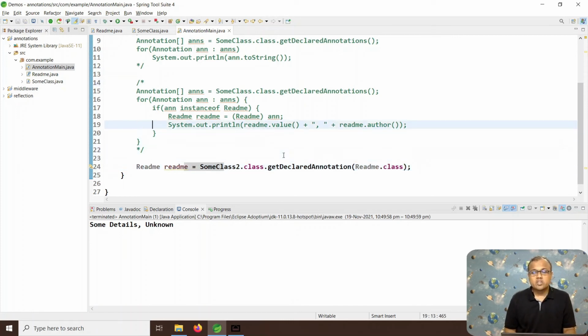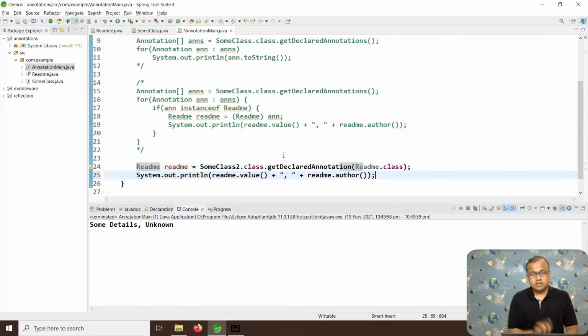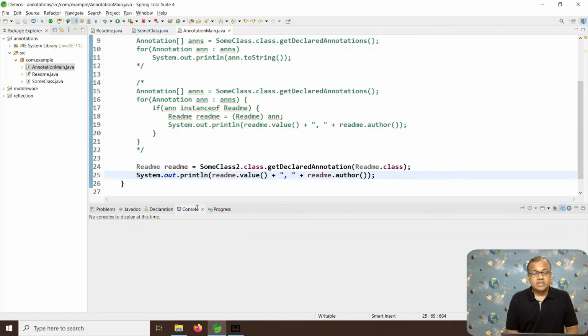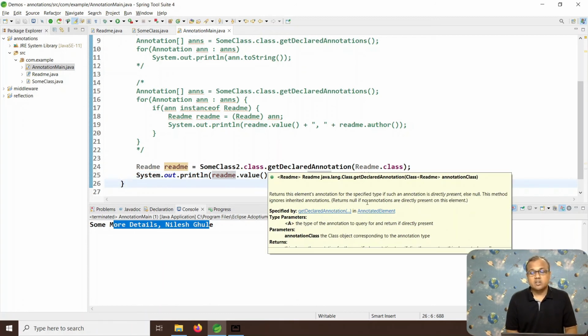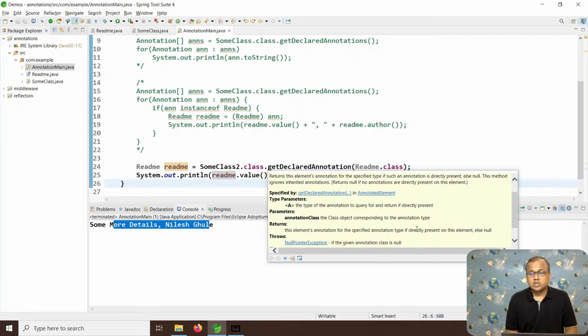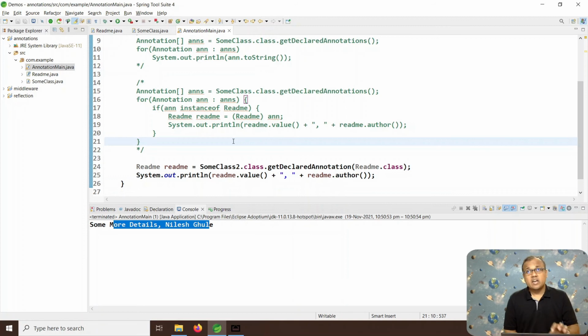Once you have the respective object, you can always print its values one by one. Please make a note, in case this annotation is not present on the class, it will return a null value, which you can refer to from the documentation. Here I showed you an example of how you can get the annotation at the class level.